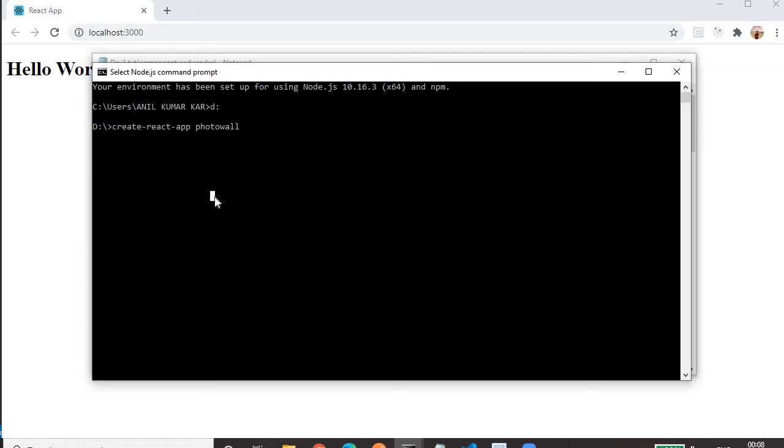Just press enter. It will download all the packages needed for your application and create your application folder with some boilerplate code. I have already created this project, so I don't want to create it again. Let me close this.